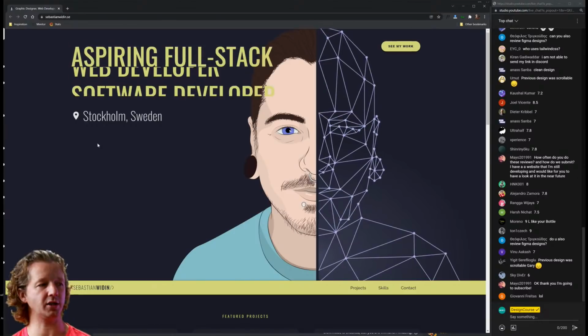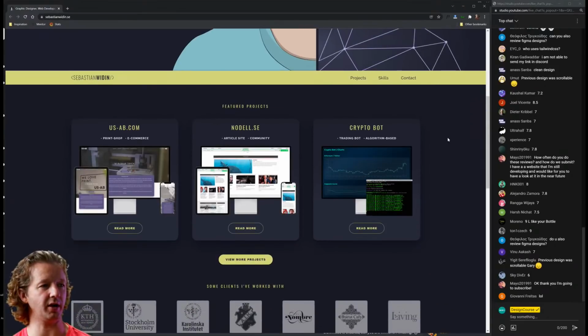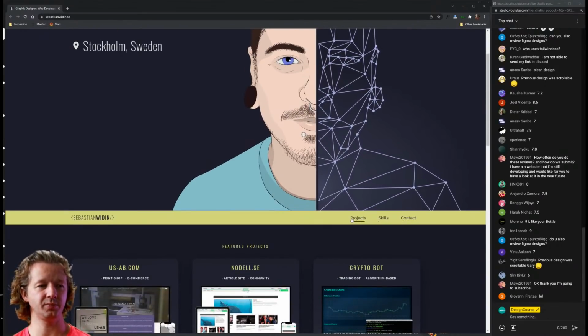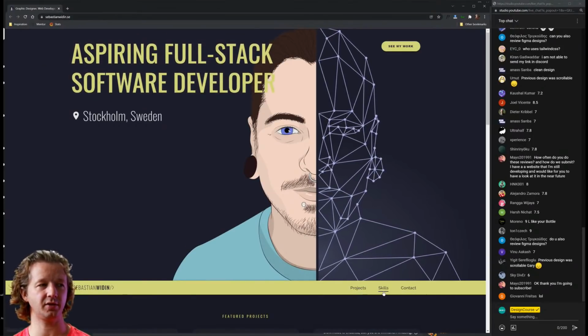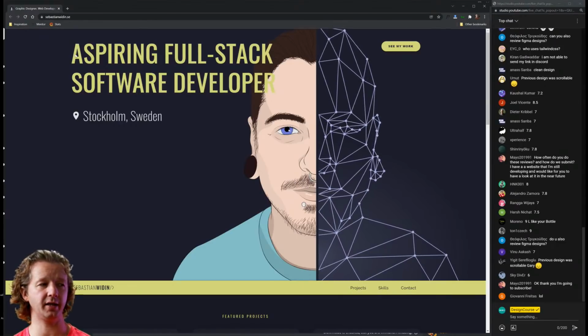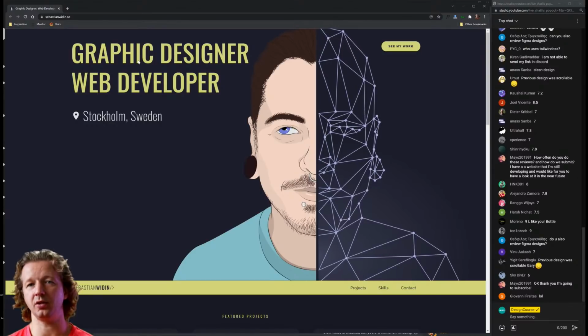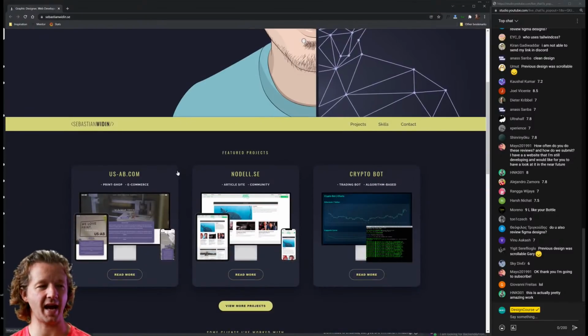This is your primary call to action. You would put that right here. And then maybe when you scroll down, you can have a fixed see my work area. One thing I also don't like, and I've talked about this before, is that your primary navigation is right here at the bottom. Stick to conventions and put this stuff at the top. If you move the headline and everything down, this part too, you would have enough room to put projects, skills, contact right over here. And that would be your primary headline. So definitely think about that.